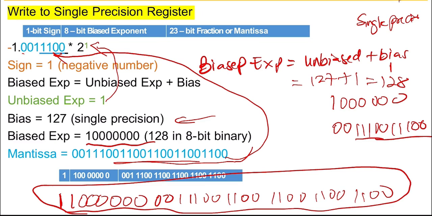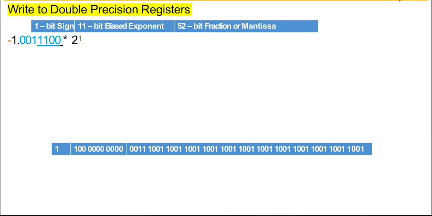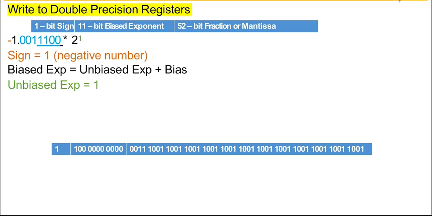Now, what about double precision? For double precision, it's something similar. Our sign is still 1 because the number is negative, and our biased exponent is the unbiased exponent plus bias. Now, when you think about it, our bias is not 127 anymore. It's going to be 1023 because it's double precision. When we add both of them,